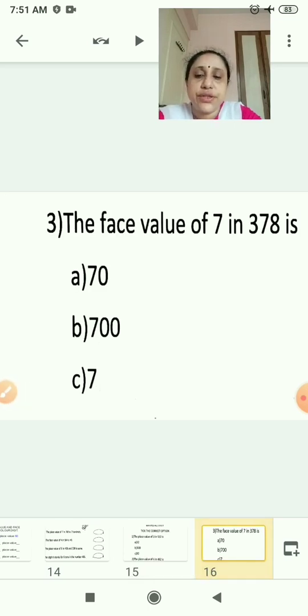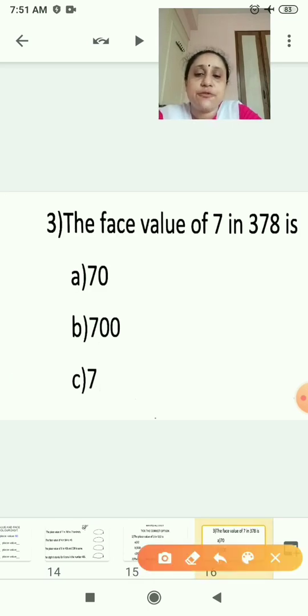Now question 3, the face value of 7 in 378 is face value. The face value will be the same. It never changes. So the answer is 7.